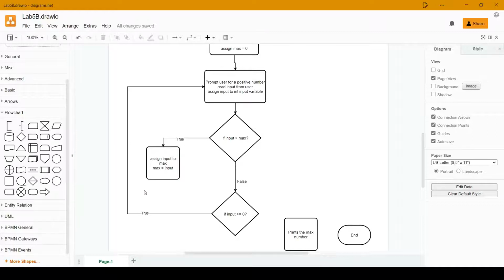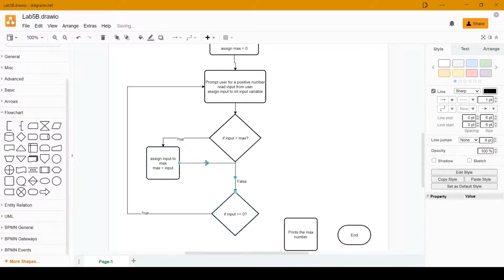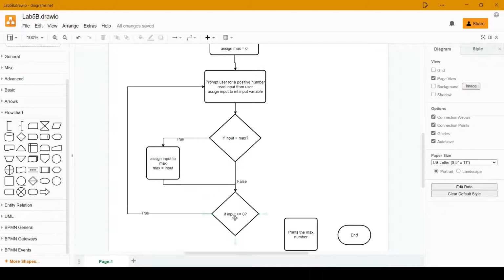If I look here, this is something that is left out, right? So again, I'll just probably connect it to here. So it does the same thing